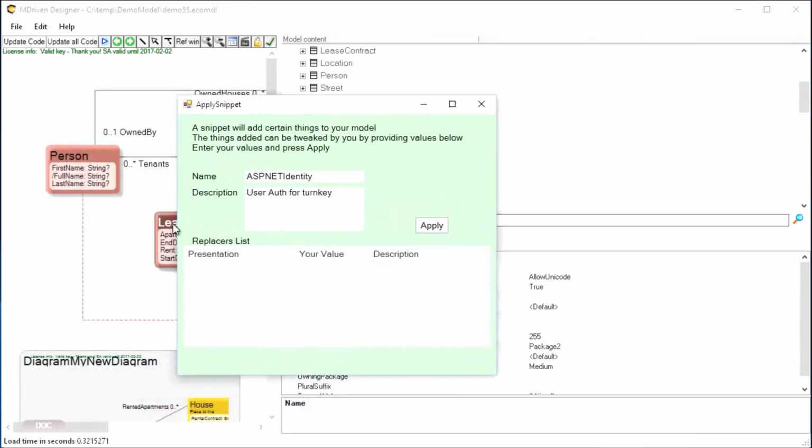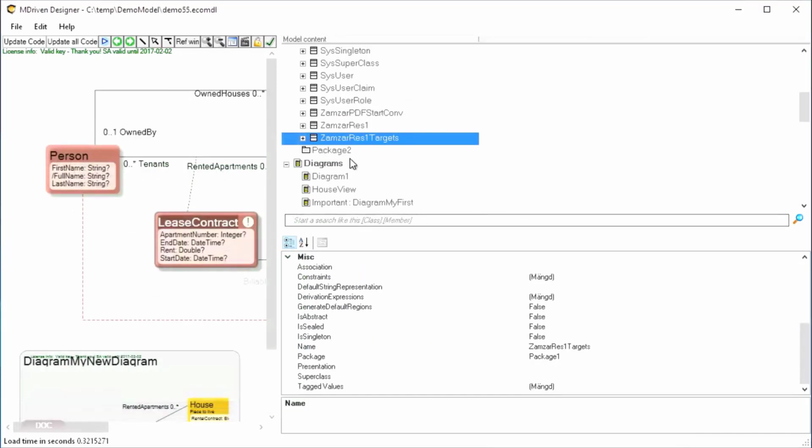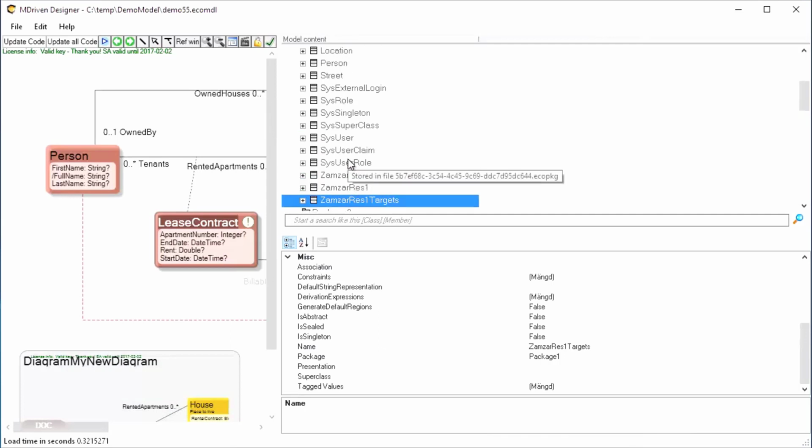When I click it, I get an apply dialog. This one doesn't have any settings. If this snippet had settings replacements, then I could enter the values here, but I just do apply. As I do apply, I got